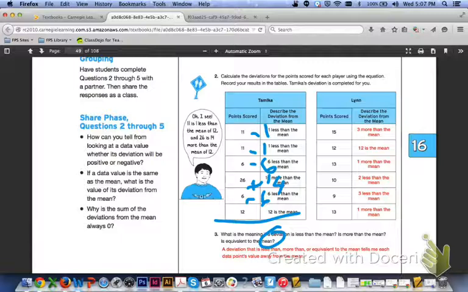If we look at the other side, 3 more is +3. Mean is 12, so that would be 0. 1 more would be +1. 2 less would be -2. 3 less, -3. And then +1 for 1 more. So if we add those, we're at 3 plus 1 would be 4. -2 would be 2. -3 would be -1. Plus 1 would be 0. So they even out.